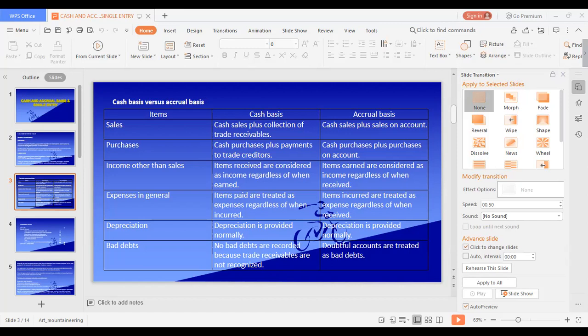1,750,000 cash sales. Then we add accounts receivable end of 300,000, total 2,050,000. We deduct accounts receivable beginning of 500,000. We have the sales on accrual basis. So the answer is 1,550,000. Then we go to